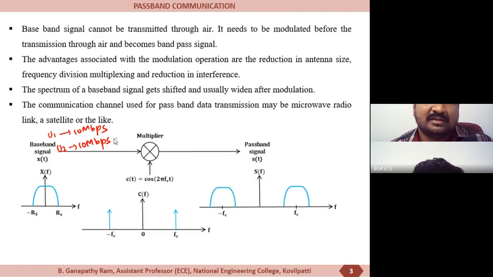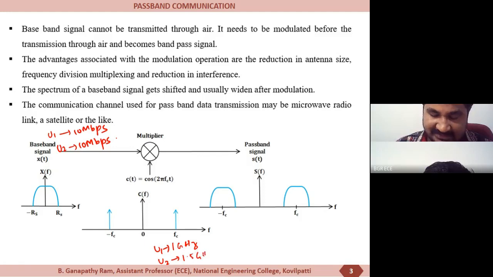So the users will distinguish their information only by means of their carrier. So if user 1 is taking a carrier of 1 gigahertz and user 2 is taking a carrier at 1.5 gigahertz,